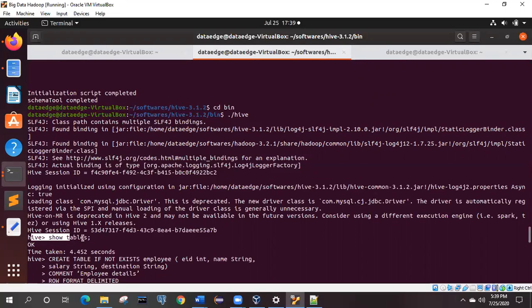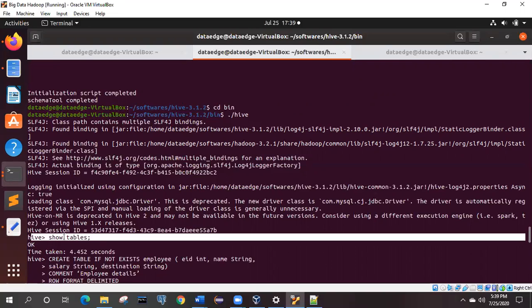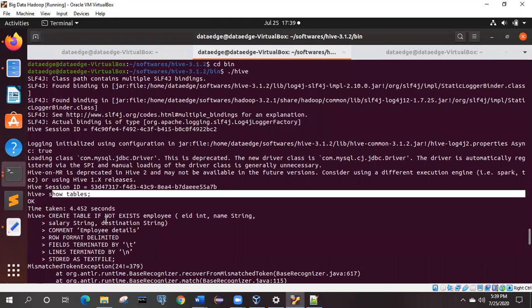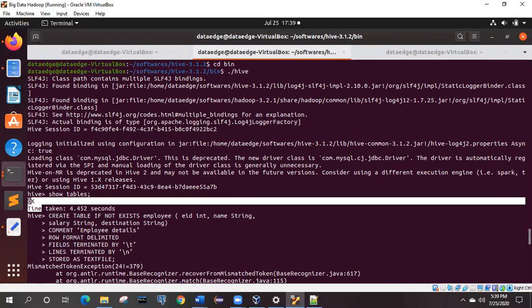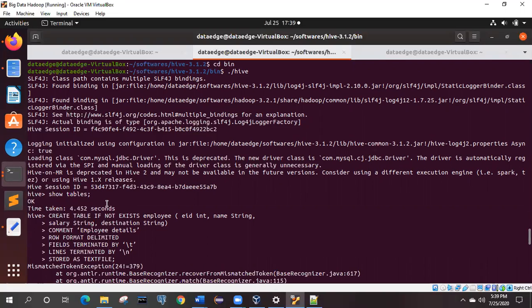As you can see, I am getting this Hive shell, and whenever I execute show tables, it is not giving me that particular metastore error I was getting earlier. It says OK. It means Hive has started properly.